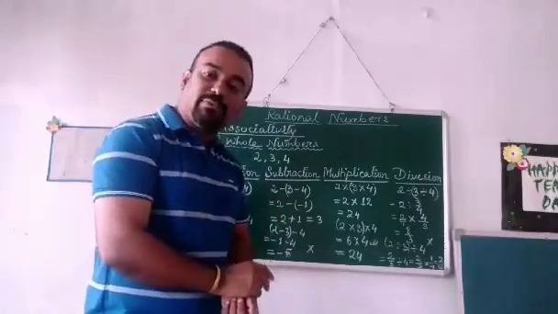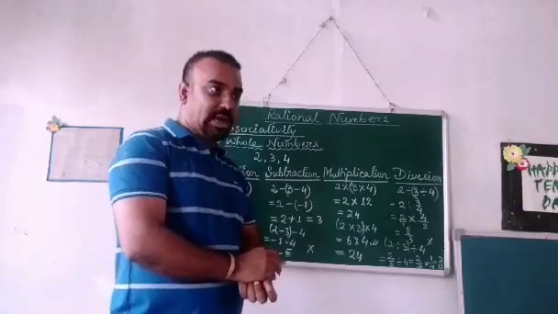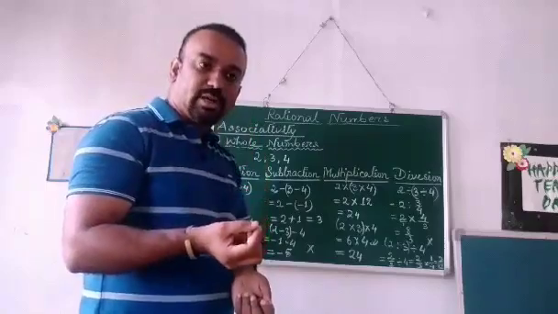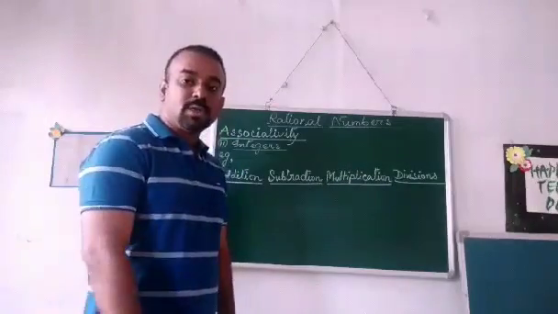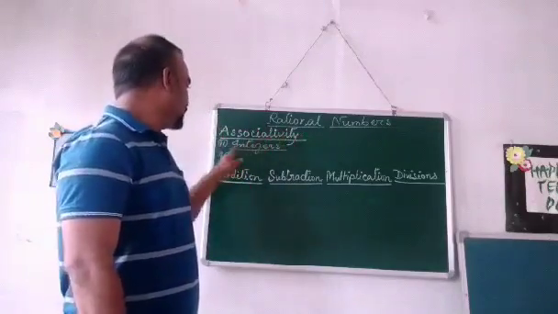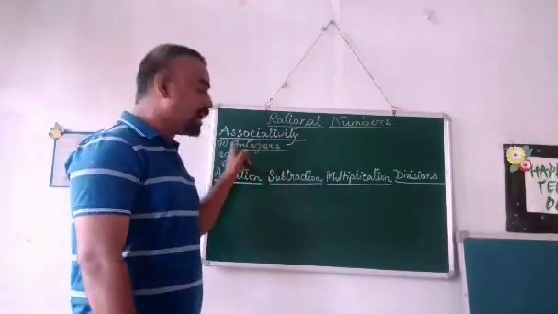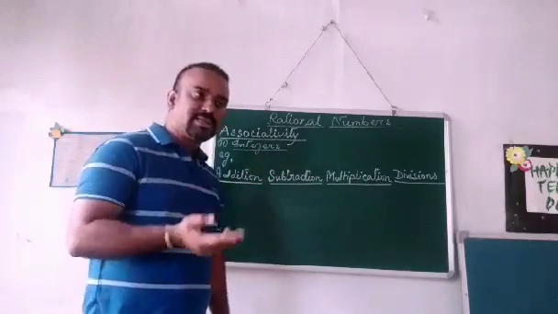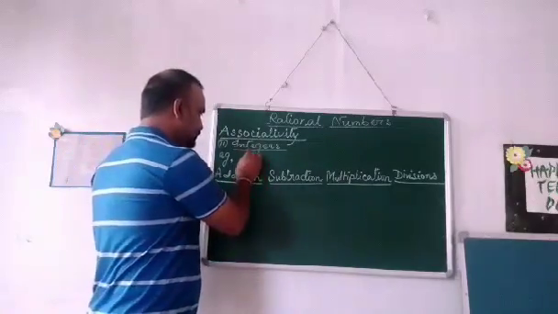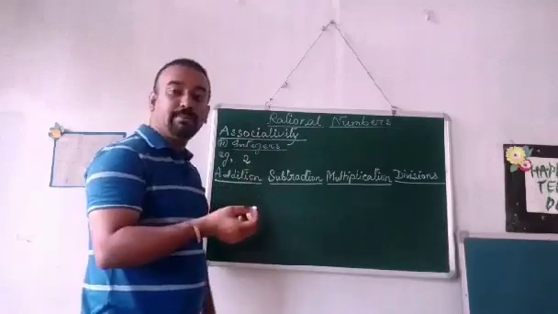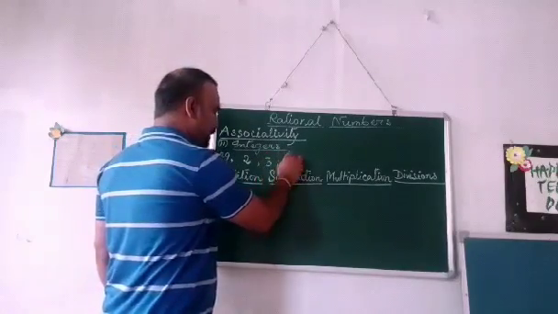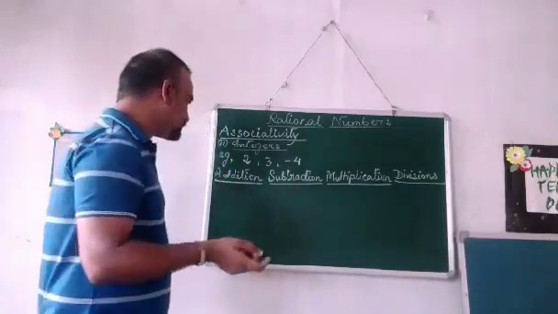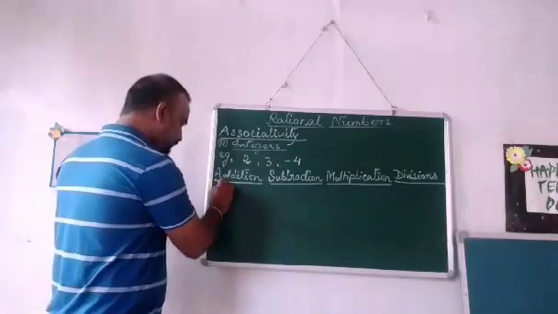Next type of number that we will do is integers, and the property is associativity. So we will see now the associativity property for integers. Okay, so for associativity, the second type of numbers are integers. So let us take 3 examples of integers. I am taking 2, 3 and -4. 2, 3 and -4 are the 3 examples of integers. Okay, so let us add them first.